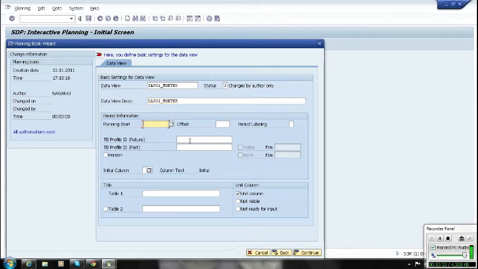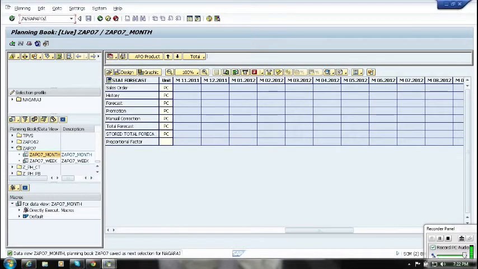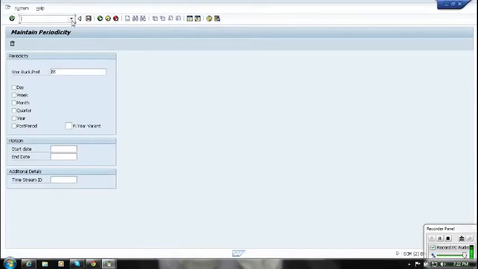And here you can see TB profile ID for the future, TB profile ID for the past, time bucket profile ID. Like we have created a time bucket profile for month and week. I think you remember that one? We created it in /SAPAPO/TR32. Sorry, TR30.